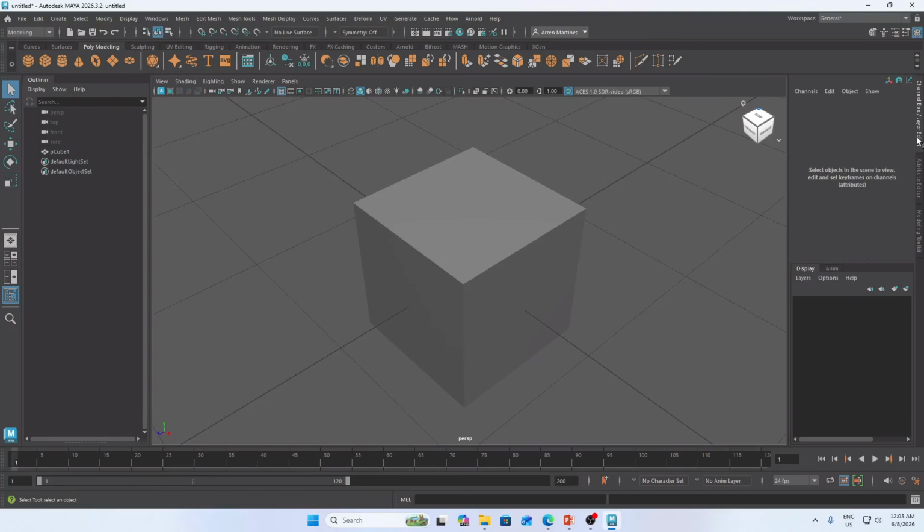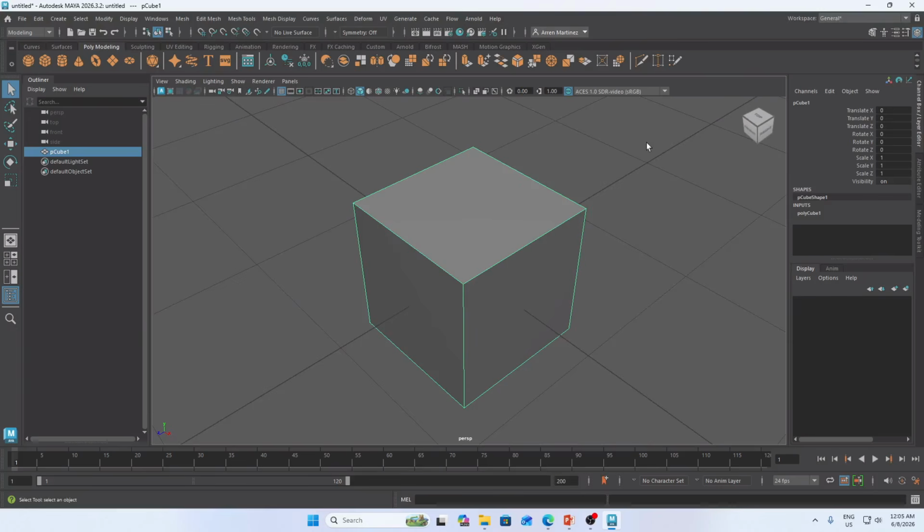This panel displays the mathematical DNA of whatever you have selected. For example, I select my cube. It tells you its exact x, y, and z position, its rotation angles, and also the size. If you want perfect precision, you type numbers in here.